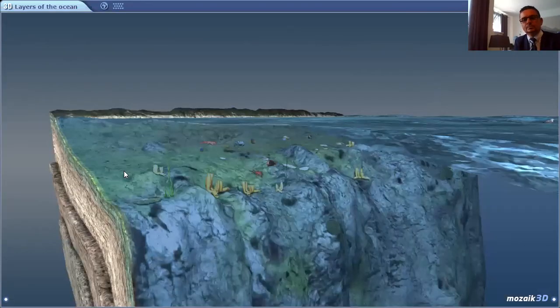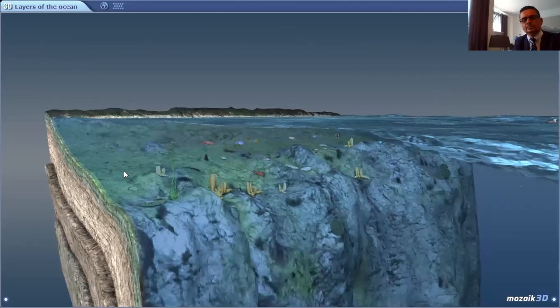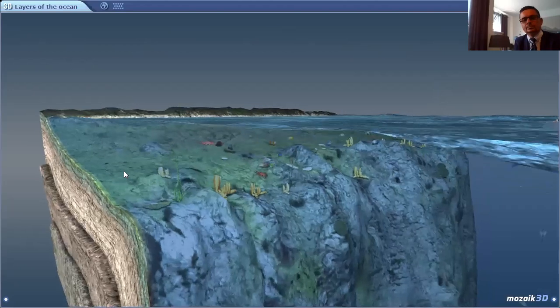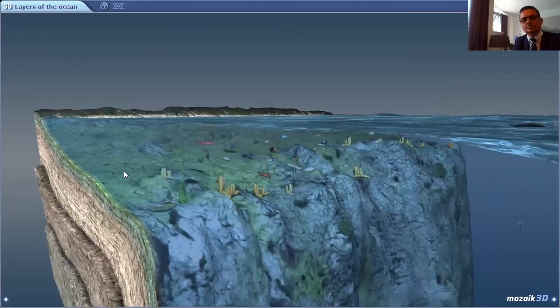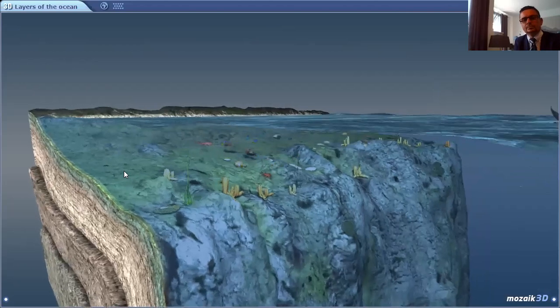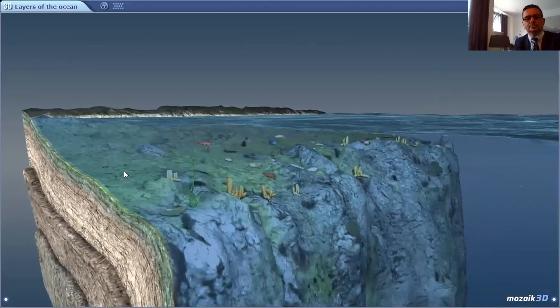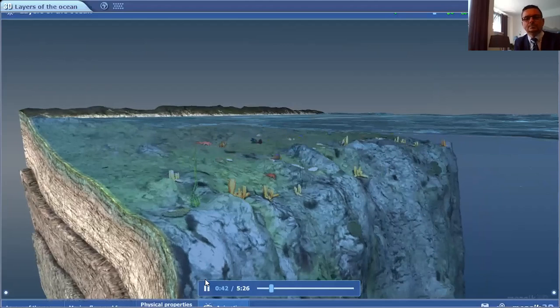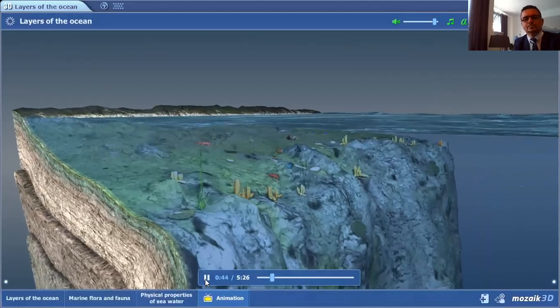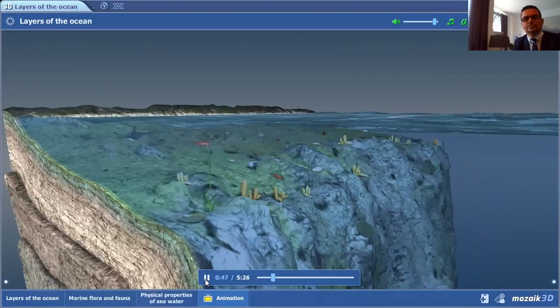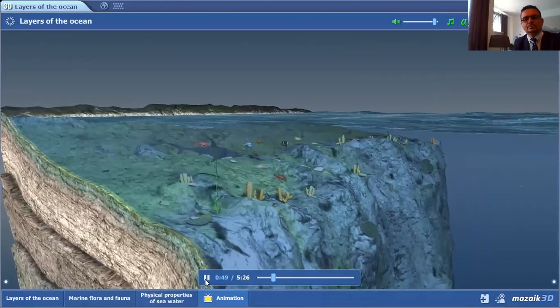The coastal zone is located above the continental shelf, not deeper than 200 meters. Its flora and fauna are the richest in varieties of species. The coastal zone is eutrophic because rivers that empty into it are rich in nutrients, and the remains of dead organisms also